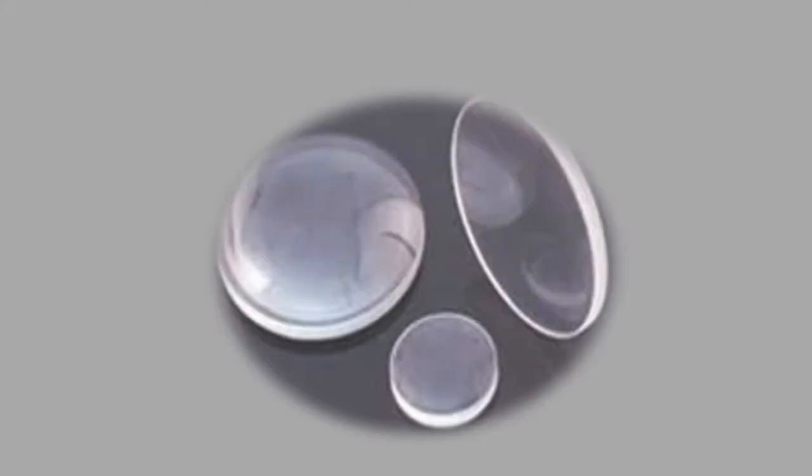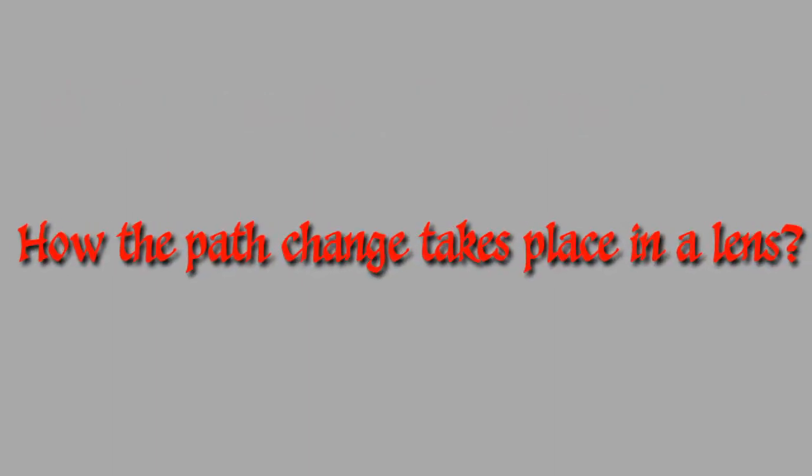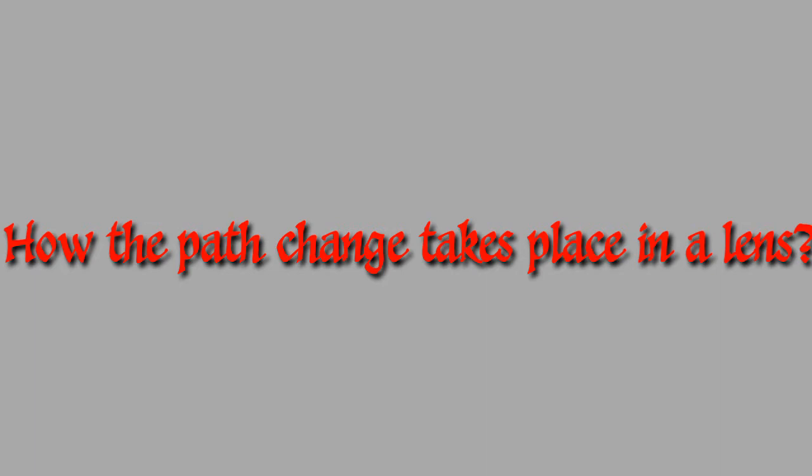Welcome back, students. In this section, we are discussing the refraction of light rays through a spherical lens. What happens when a light ray is passing through a convex lens and a concave lens? Before moving to the image formation by the spherical lens, we have to consider certain rules or conditions of refraction through this spherical lens. Here, in case of a convex lens, 3 rules, and also in case of a concave lens, another 3 rules we have to consider.